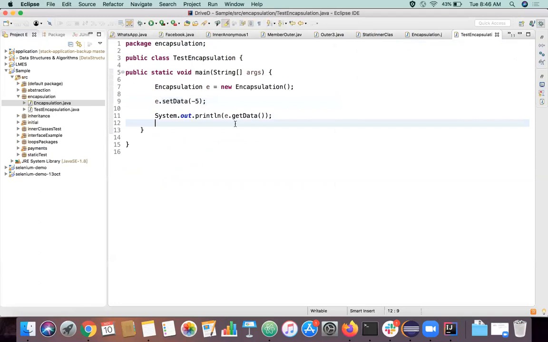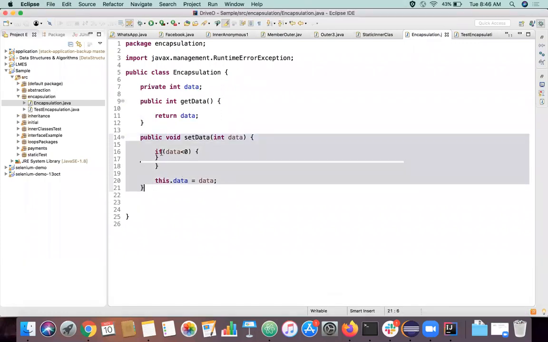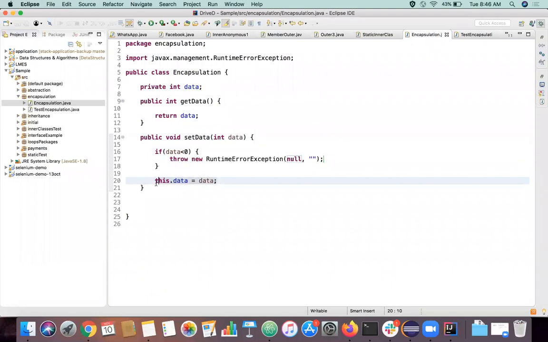So now I have finer-grained control over what data has to be set and what data cannot be set. Otherwise, I would have to have this entire logic elsewhere, which is not good, because I have to validate the data and then set it. Instead, I can have a single common validation point directly inside the setter method itself. And once this validation is successful, only then will I set this data, right?